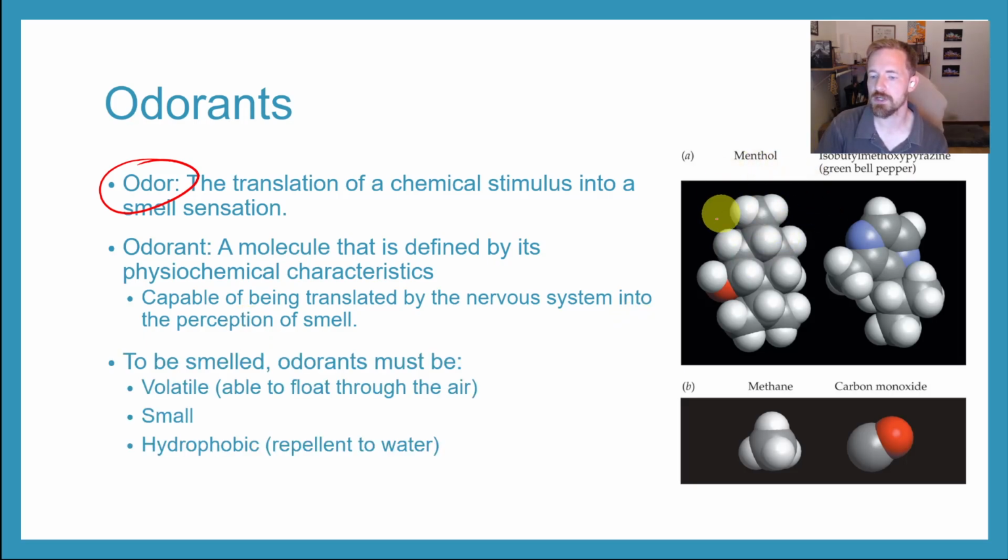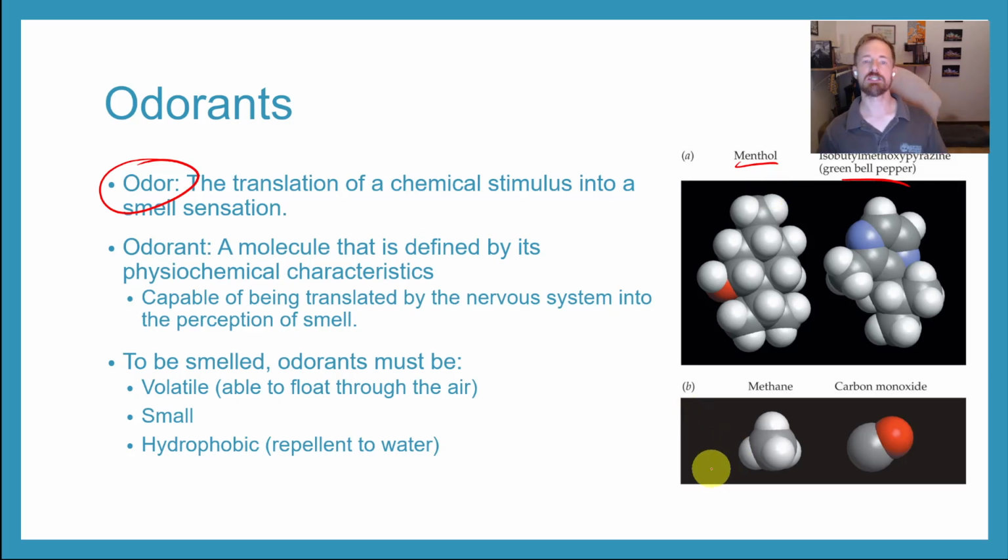This gives you an idea here, for example, of how... I'm trying to remember exactly what the textbook is trying to point out when it brings this stuff up. When we're talking about specific kinds of smells, what we're detecting is the structure of that chemical. So the difference between menthol and a green pepper relies not just on what kind of chemical signatures it is. Is it hydrogen? Is it oxygen? Is it something else? Really what we're responding to is the structure of it and how those things are put together and how they combine into their own unique signature.